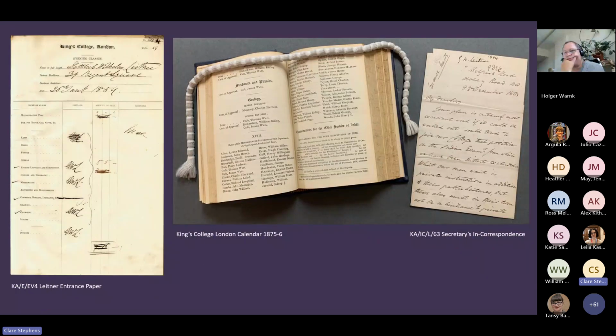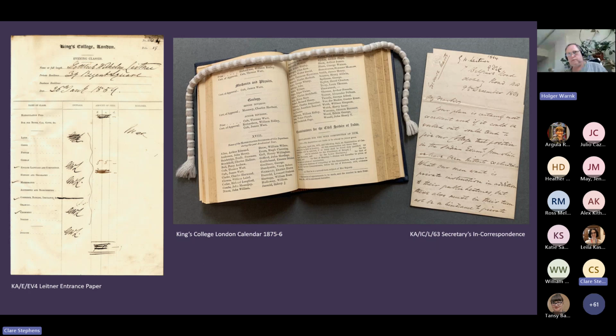So the next item that we have for him is his entrance paper from 1859. Now, he, at this stage, is wondering whether he wants to become a priest. He says in his letter that he hopes he'll have a calling at some point, but you can see on the left the subjects that he studies, and they include divinity. Now, Gottlieb is actually listened to, and somehow in 1861, he is appointed as professor in Arabic and Muslim law